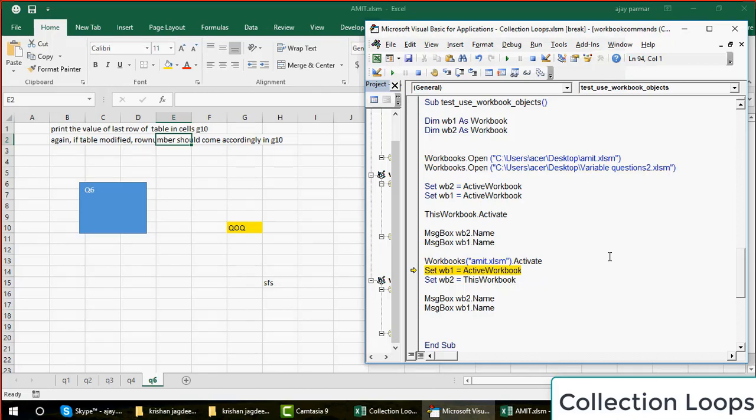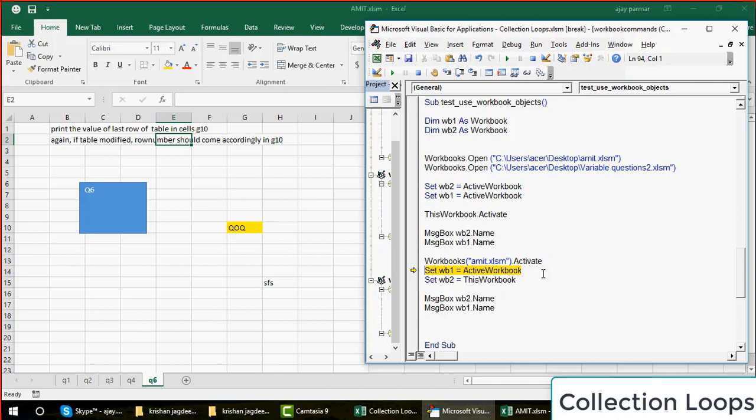Now you say WB1 is now the active workbook. So what you are doing is overwriting the previous WB1 with this line, right? Obviously, guys, if I write i equals 100 and then i equals 200, and I ask you what will be the final value in i, your answer should be 200, isn't it? Because the previous 100 will be overwritten.